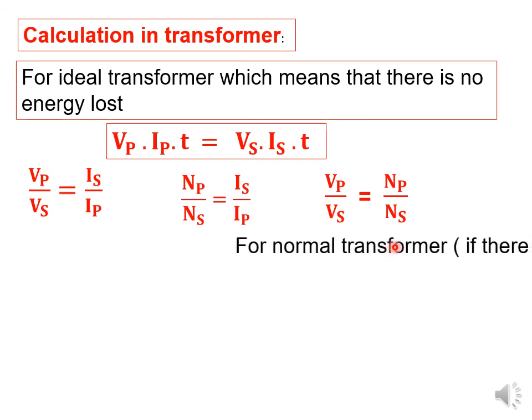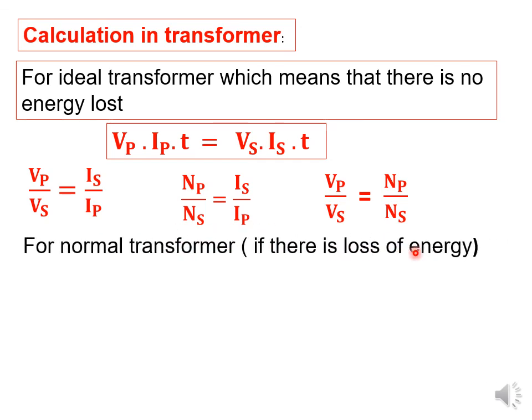For normal transformer. يعني ايه normal transformer؟ يعني if there is loss of energy، يبقى normal transformer لازم يكون في loss of energy. لكن احنا بنتكلم على ideal transformer دي حاجة ideal و it doesn't exist in fact but we must know it. طيب for normal transformer بقى if there is loss of energy في عندي